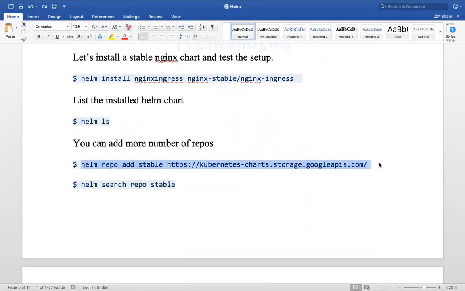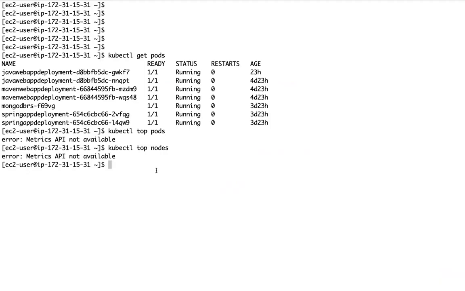I can add a repository, something like this: helm repo add, some repo name, and your repository URL, right? Let me give a name like this. I can give ABC also.